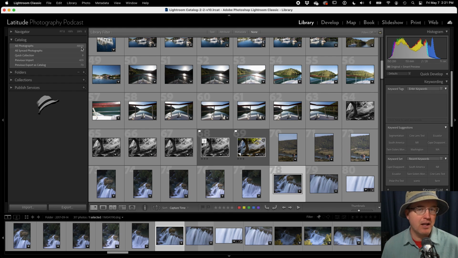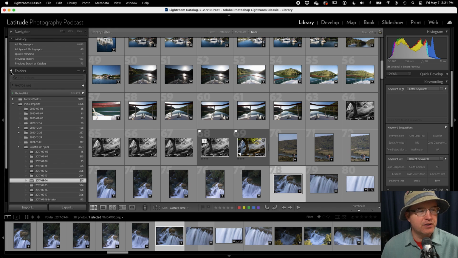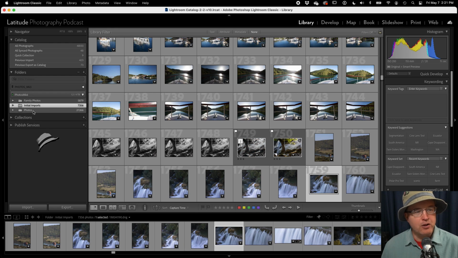I know I still have a lot that I need to delete, but of those that I've edited, and by edited I mean choosing which to keep and which to delete, certainly those are in there. And that's where, when I'm in the folders and I look at my photos here versus initial imports, I can see I've got 27,266 right there in my photos folder. Those are my keepers, as it were. And even still, some in there probably need to be deleted anyway, but whatever. We can see I've got 5,800 in my family photos, and then my initial imports,